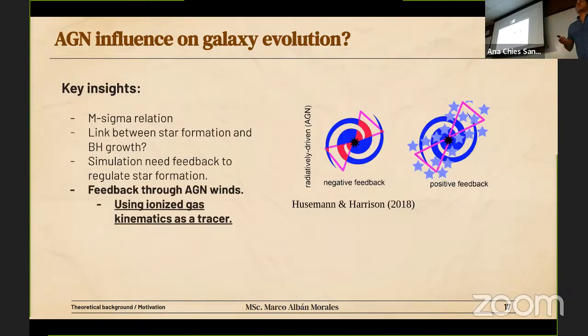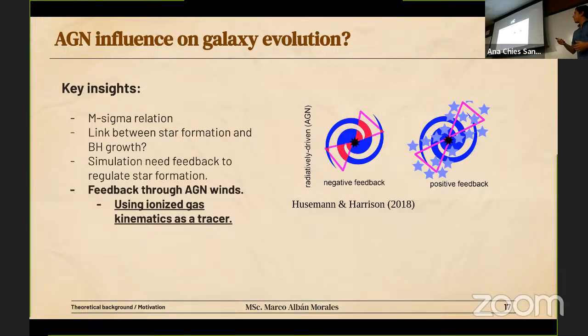So how does this coevolution actually happen? One way we can study this is through the evidence of outflows or AGN winds. We see in galaxies consistent with activity that there are winds ejected from the central regions where this activity is happening. Of course, the more luminous, the easier it is to see, and these effects are seen to a greater extent. But when the galaxies have lower luminosities, it is harder to understand, which is why today it's not understood whether the effect of this gas ejecta is negative, where it suppresses or stops star formation, or whether it's positive, enhancing and